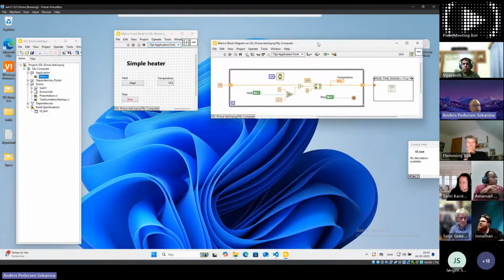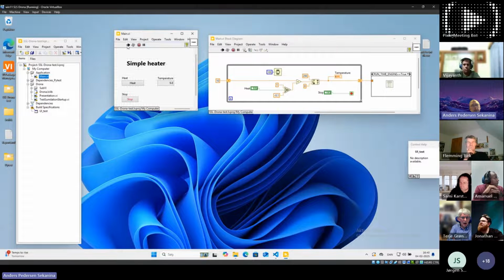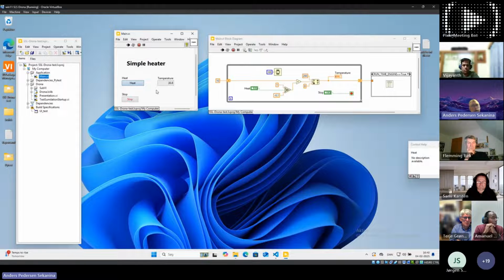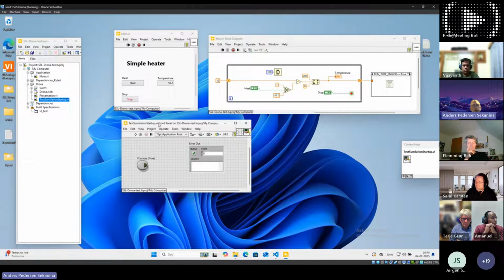I have a very simple heater that I want to test. You can see that when the heater is not on, the temperature is falling. When I turn on the heat, the temperature is rising. So just to make a very simple test of that, using SSL Drona.